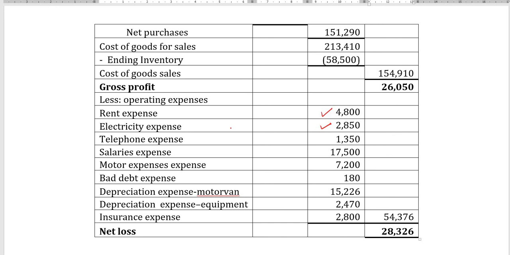Okay, electricity is taken from the cash book, sorry. And then telephone expense is 1,350. Okay, at that question there is a typo. And then your salaries expense, earlier we made an adjustment of 17,500 ringgit. Okay, motor expense